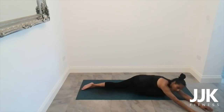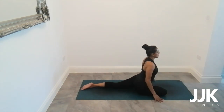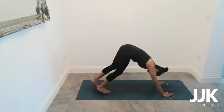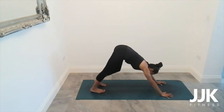And then take your final breath here. And slowly walk your way back up when you're ready. Again, bring your hands inside your hips, extend your spine to begin with. And then when you're ready, you're going to slowly tuck your left toes, lift your knee, and bring yourself back into your downward dog. And maybe just pedal out your feet here, before you slowly start to make your way onto the other